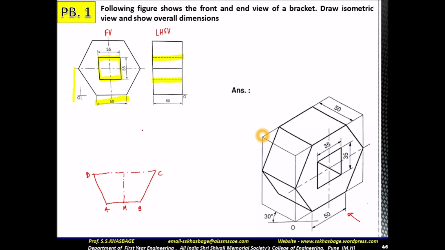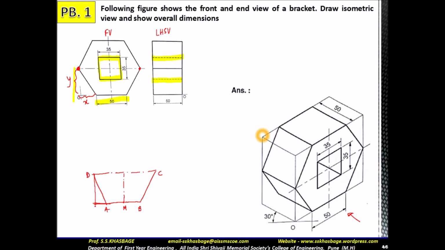Now in this particular problem, whenever we are going to draw its view over the isometric view, we want this distance, suppose X distance, and this particular distance is suppose Y. That particular distance is not given, and without this distance we can't plot these points. So our aim is to find this distance. In order to find this distance, what we have to do? We will draw one perpendicular passing through D. We will join this with this horizontal line. So this particular distance is X, and this vertical distance is Y.